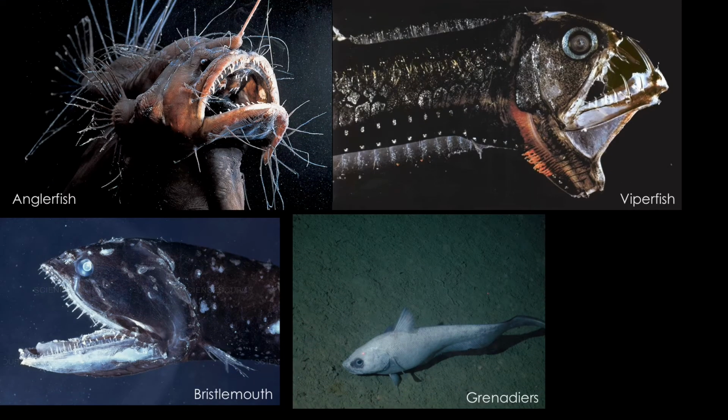Typical midwater deep-sea fish, as we know, include the anglerfish, viperfish, bristlemouth, and rattails. These fish are known for their sharp teeth and rather scary looks, which is why the discovery of the snailfish is so fascinating, to me at least, because the snailfish is rather small, it's pink, and one can even argue it looks rather cute.